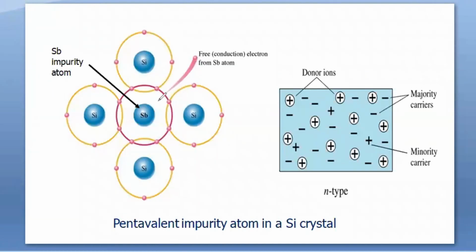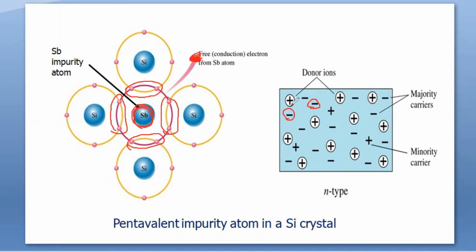This is the structure formed when a pentavalent impurity is doped into pure silicon. This is the impurity we have taken. Here we have taken antimony, which contains 5 valence electrons. Among these, 4 valence electrons form 4 covalent bonds with 4 silicon atoms, that is, with the pure semiconducting material. And the 5th electron is the free electron to carry current. These free electrons move to the conduction band. In this figure we can see clearly that these electrons are free to move and